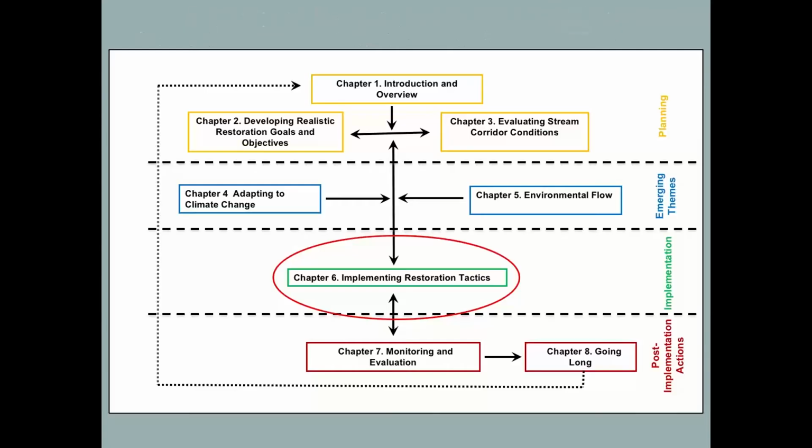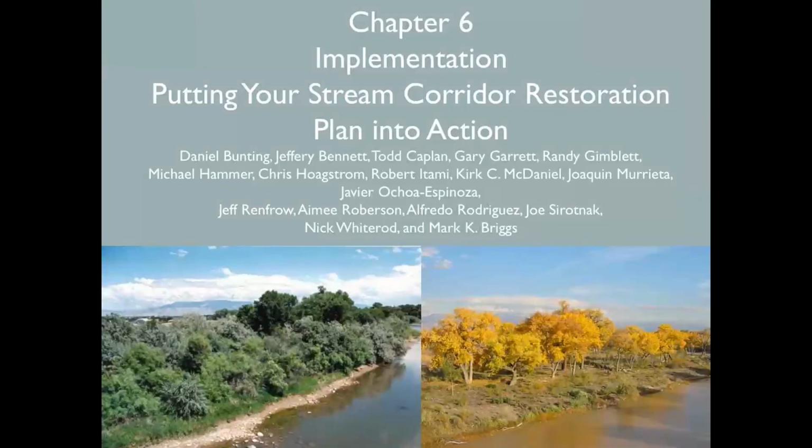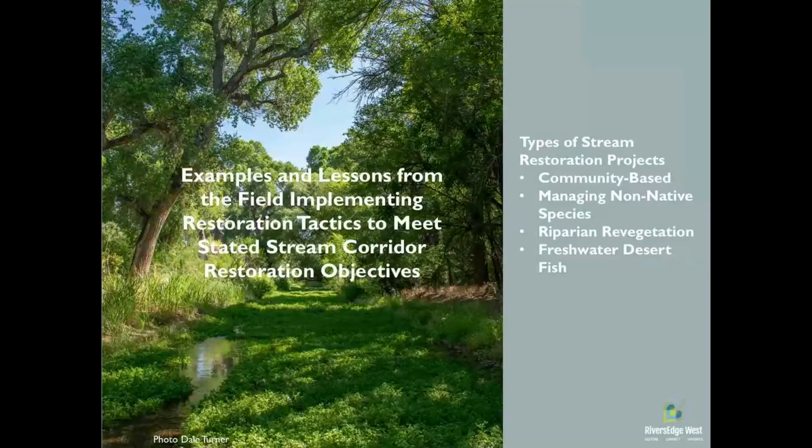So the idea is that you now have a realistic restoration objective. You've got some tactics in mind to implement it. You've taken consideration of climate change and EFlow, and now you're ready to put the first shovel in the ground. And the idea of this chapter, chapter 6, is what are some of the main lessons learned from implementing those projects. And so what we do in this chapter is we look at, on the right there,